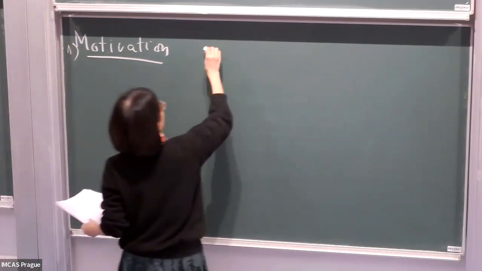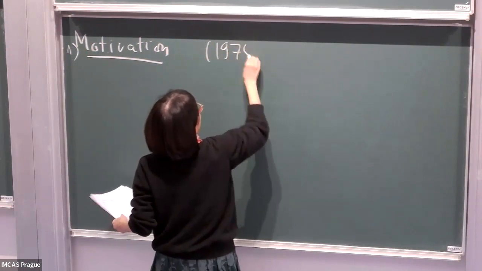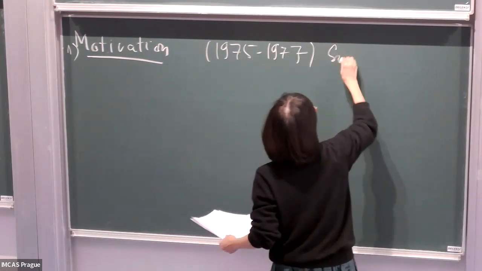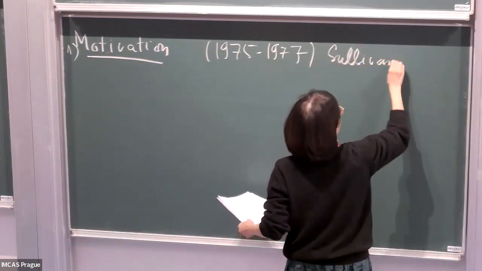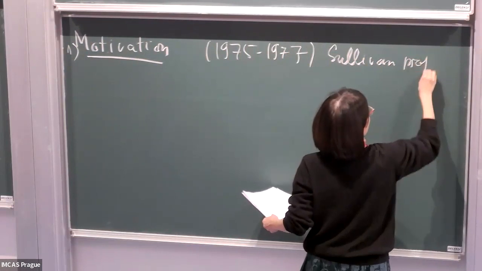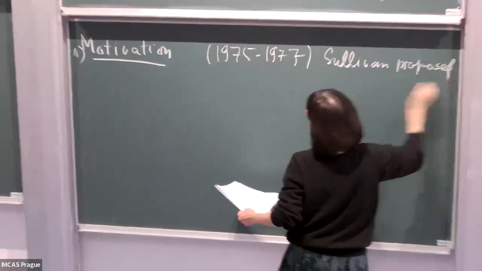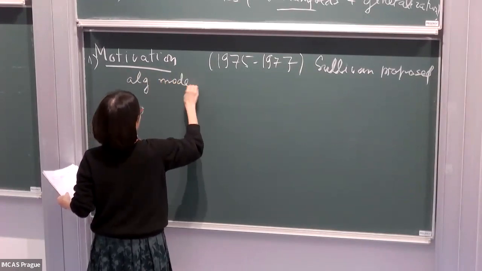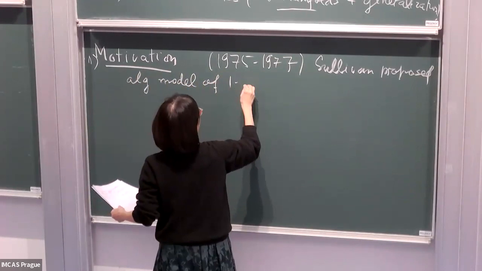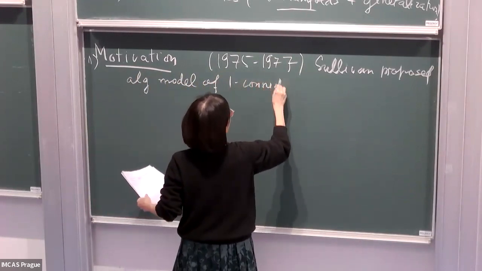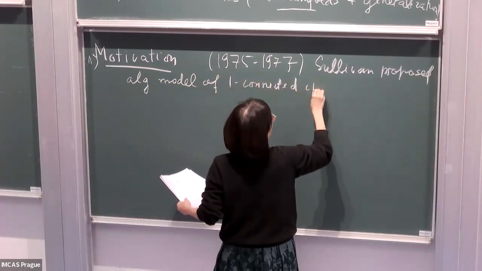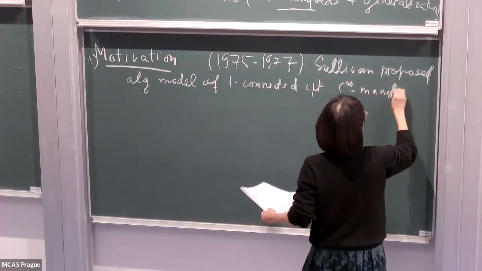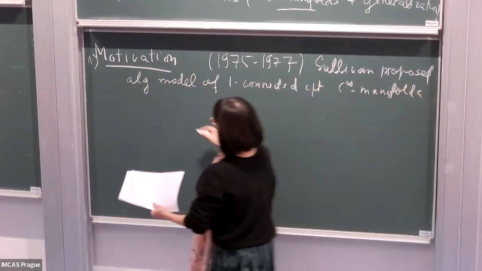That is from 1977, Sullivan's proposal: an algebraic model of a simply connected compact smooth manifold. And he used only this data